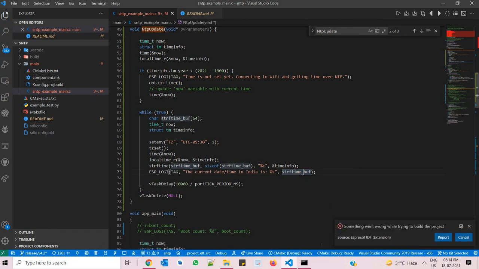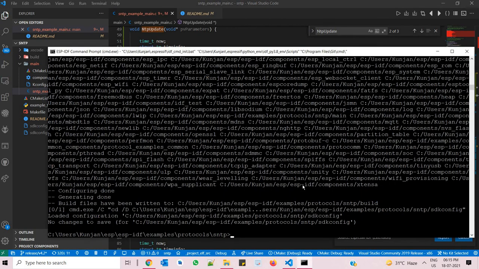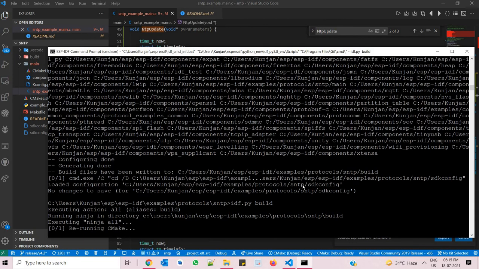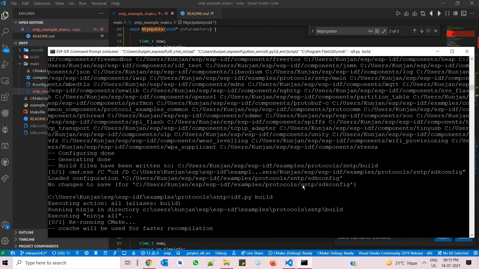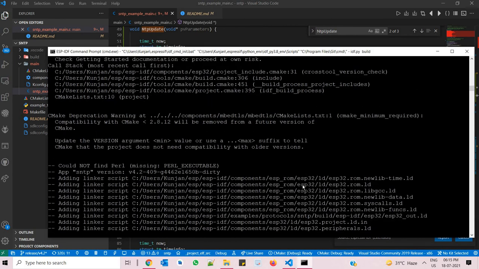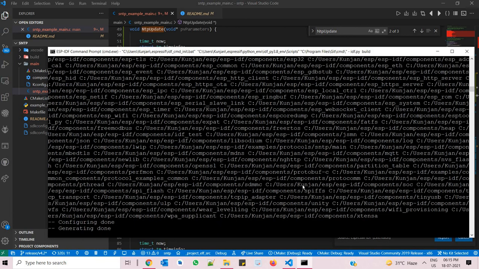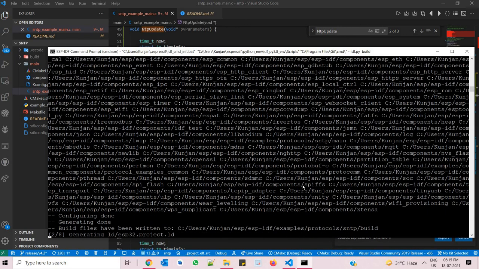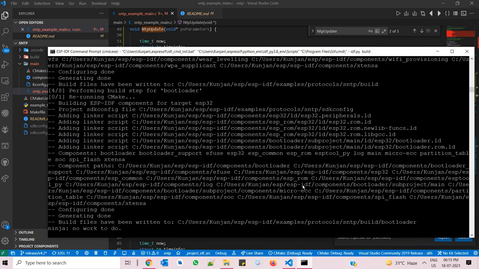It's not running. Let me go to the command prompt and run idf.py config, then build. It is programming, building. It will take some time.